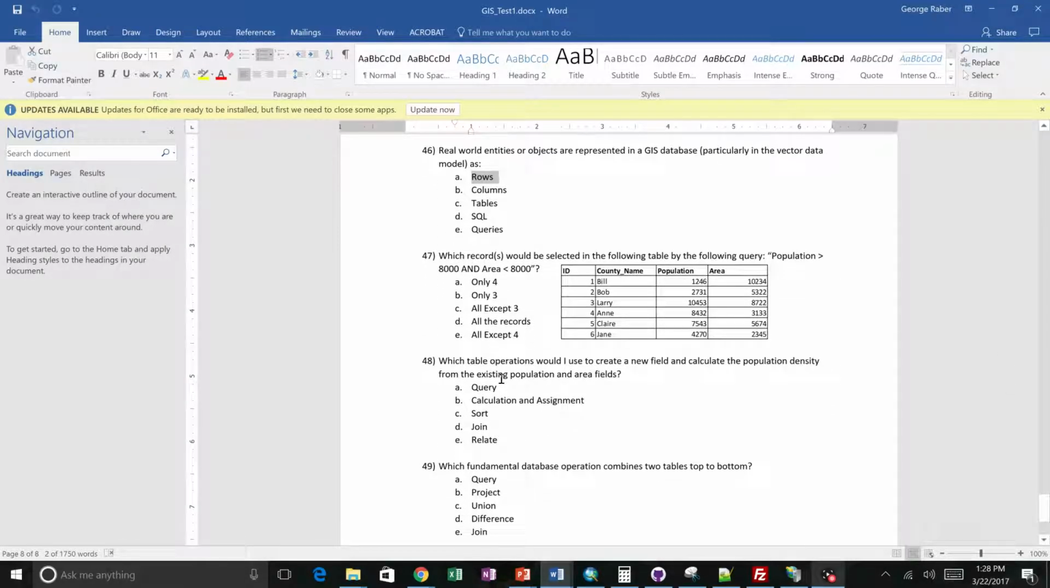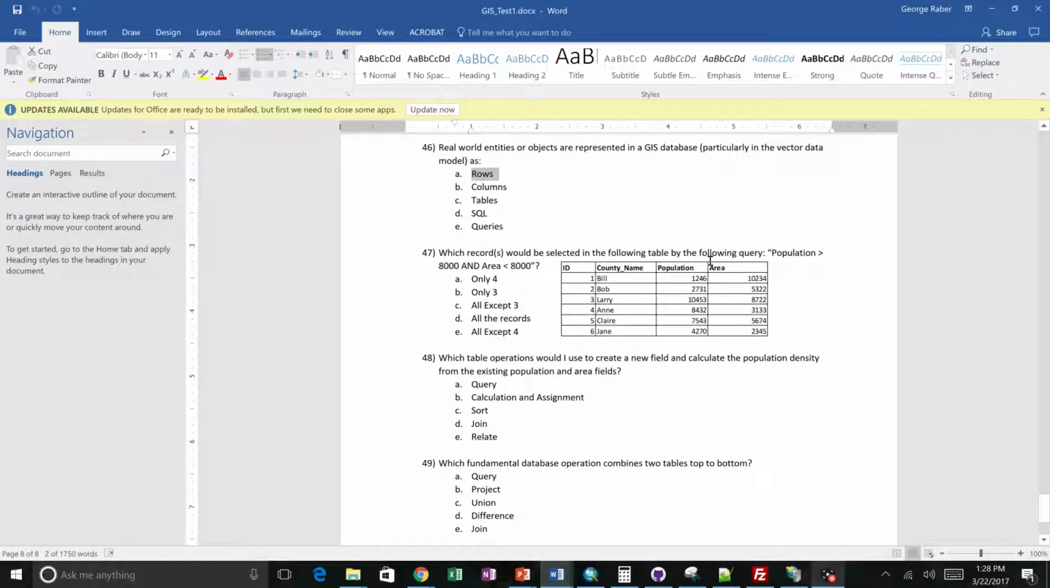Those are both A. Which records would be selected in the following table by the following query? Population is greater than 8,000 and area is less than 8,000. So which one has population over 8,000? This one, and that's it. And they also have to have area less than 8,000. So that would be just 4, because that's the only one that meets both of those criteria, because that's and. So that's only 4